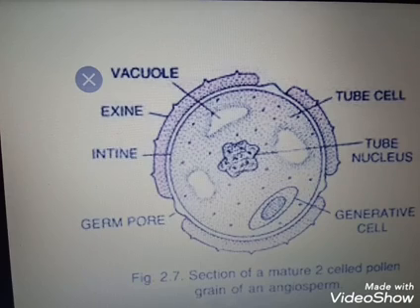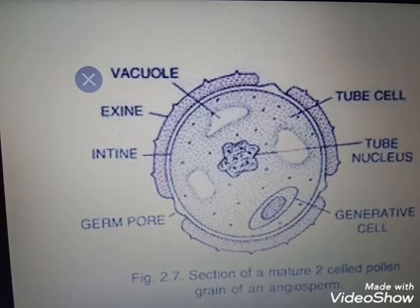Clear? Then I told you that pollen grains have some ecological importance. That means pollen grains of some plants cause allergies, for example Parthenium or carrot grass. It causes asthma and bronchitis. On the other hand, they are used in athletes and racehorses to increase their performance. These pollen grains are rich in nutrients, so they are used as pollen tablets or food supplements. Clear?